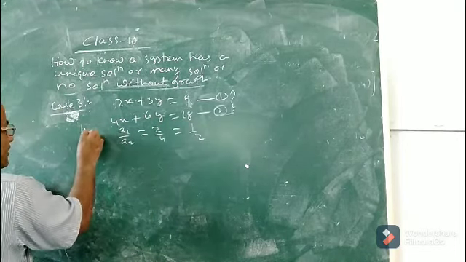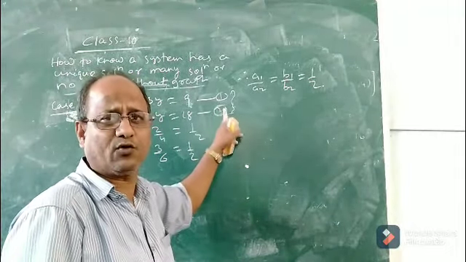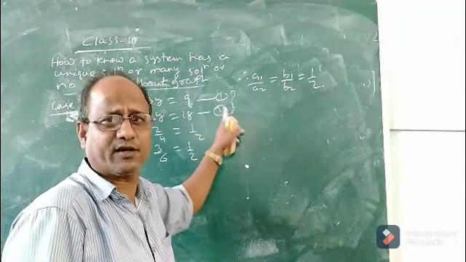If the value of A1 by A2 and B1 by B2 are same, then you find the ratio C1 by C2. Since these two are equal, clearly this system has no question of unique solution. That means this system will have either many solution or no solution. For no solution condition I have already told that these two ratios are equal but they should not be equal to C1 by C2. Then what is the third probability? The third probability is that the three ratios are definitely equal. So now you find the ratio of C1 and C2. C1 by C2 is minus 9 by minus 18, which is again 1 by 2.